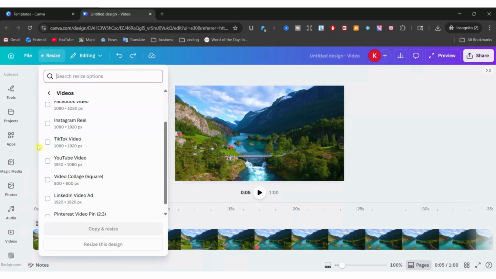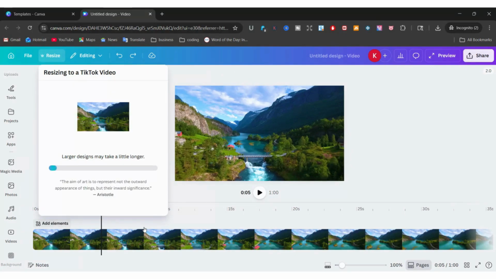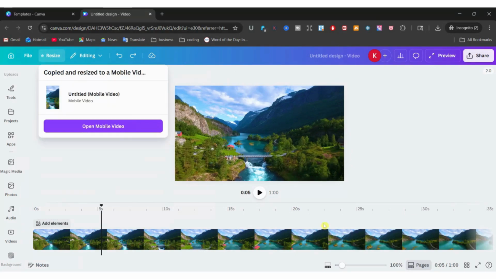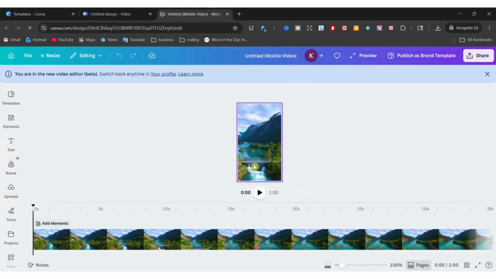So let's say, for example, I want to resize this so that it's a TikTok video. So I have two options. I can either copy and resize. So what that does is that it will copy this design. It will keep it in this dimension size and just create a new design here. So it will keep this and it will open a new tab where now this video is resized into the